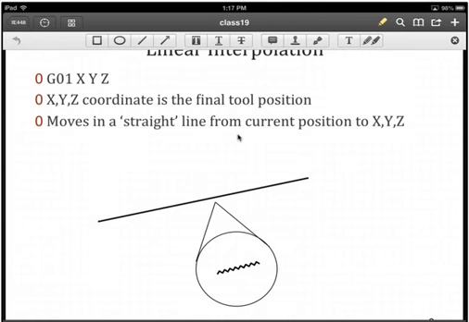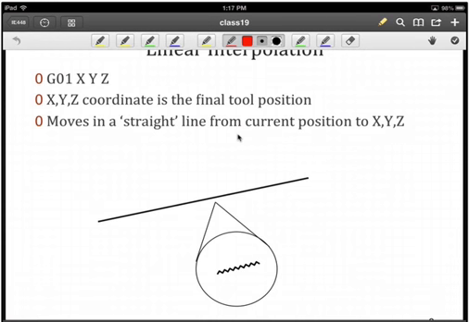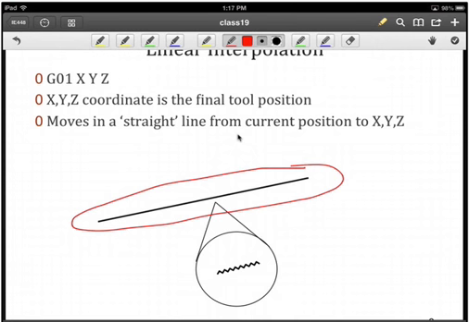So when you do a G01, and if you were to examine the outcome of a move, it would appear on the surface that you have a straight line move, again from this point to that point. However, keep in mind that we are actually controlling two axes. Now we're only looking in two dimensions at this time. So if we were to magnify that line and take a look at the actual motion of the tool, what we see here is a staircase effect